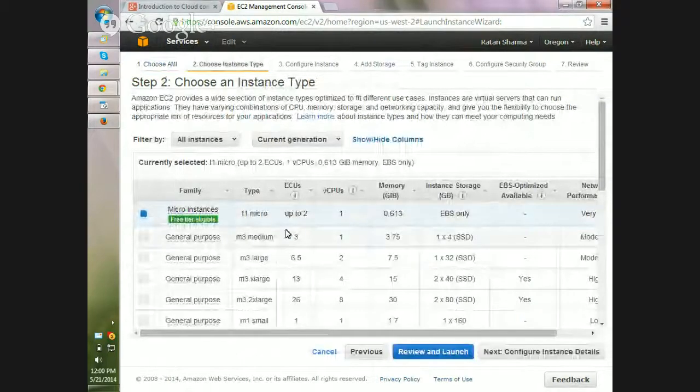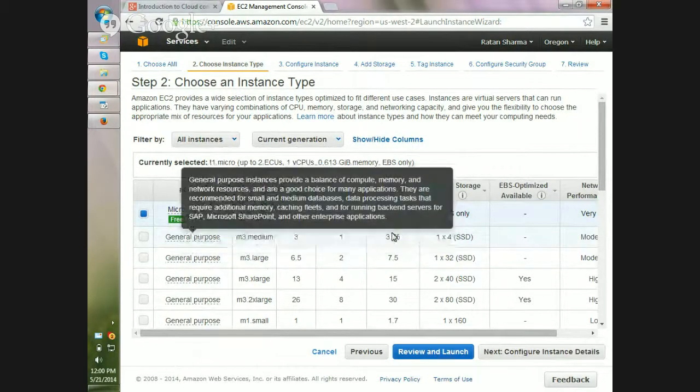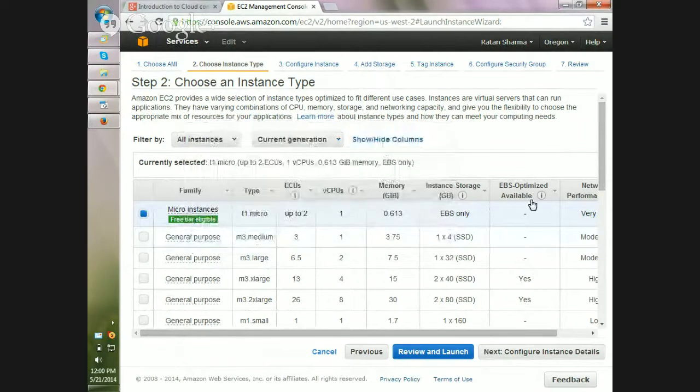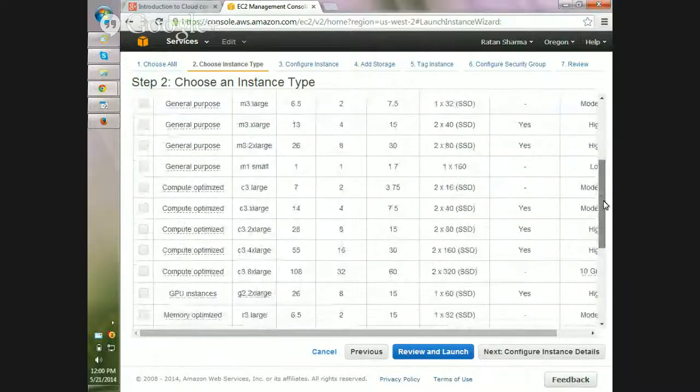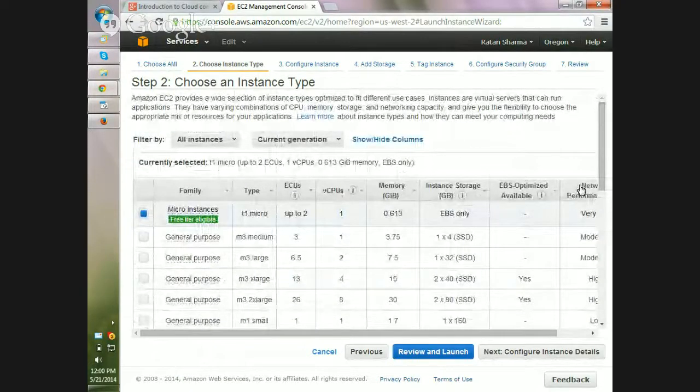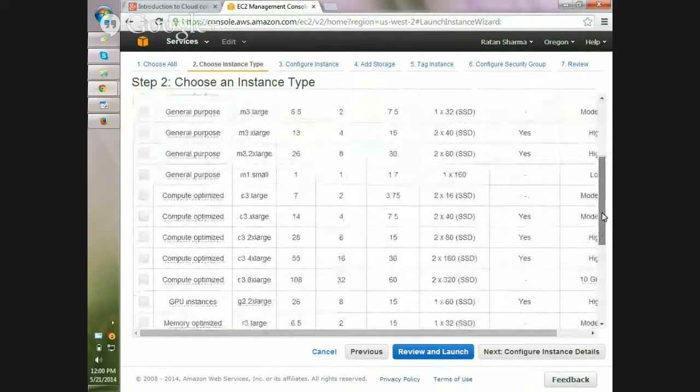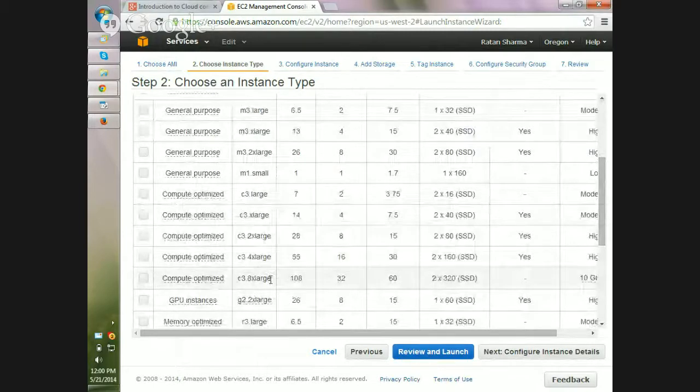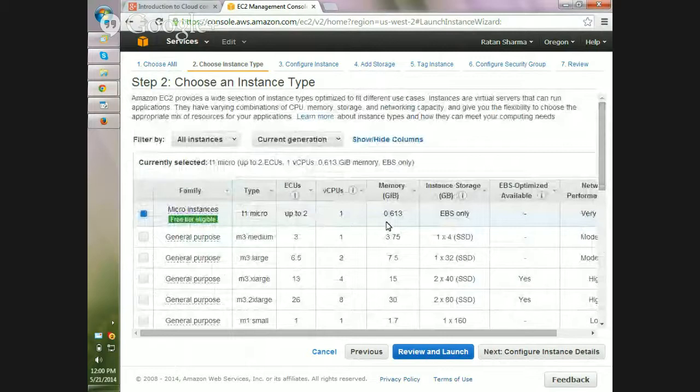Here also there is a machine image we created. Now we have to choose which kind of instance we need, the instance type, whether micro, medium, large, whatever. Since this micro instance is in the free tier, I'll go for that one. You can see the differences in memory. You can go for any amount of memory, 60 GB of memory with the large one, with 108 CPU, this one.